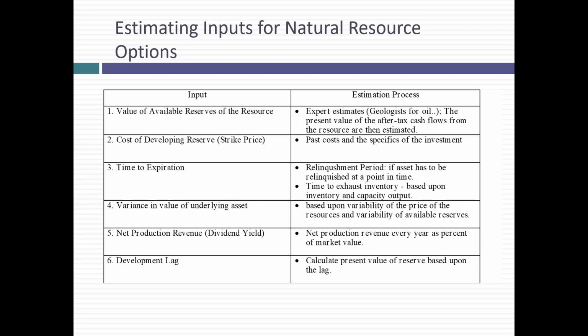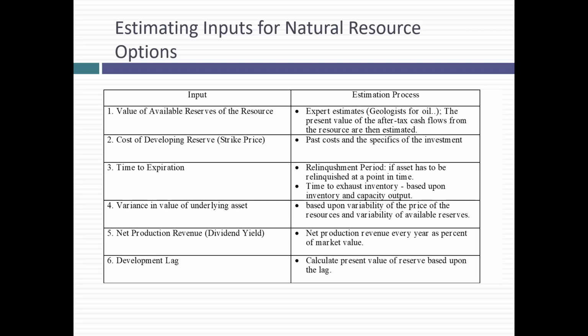What's the big unknown here? What will happen to oil prices? But oil prices are a traded asset, a traded commodity. You can get the standard deviation in oil prices over time. That becomes the variance in values, basically the variance in the oil price. It's an observable. Already you can see why real options have their deepest roots in natural resource companies. Natural resource companies actually use real options in a tangible way because the numbers are easier to get.